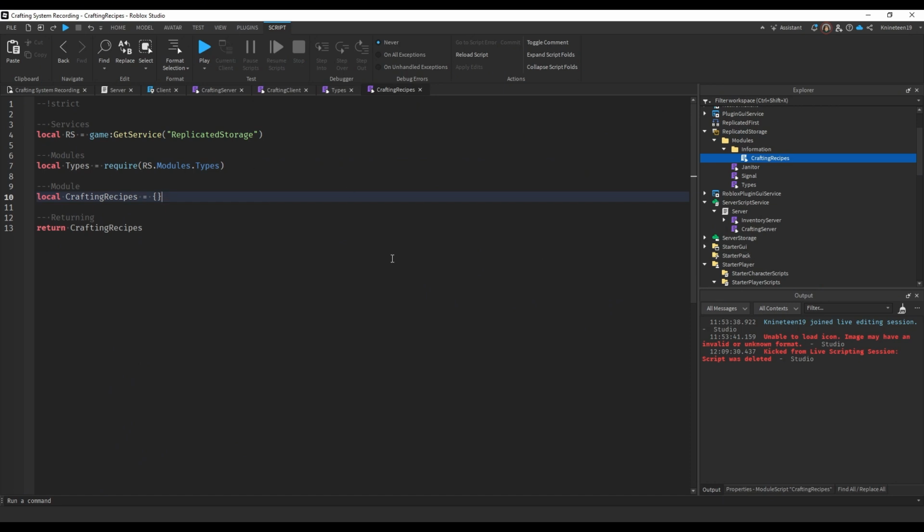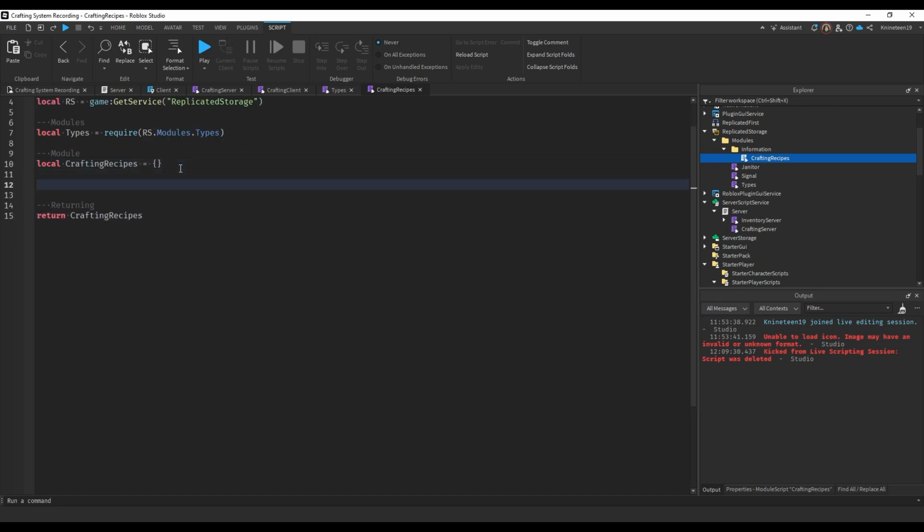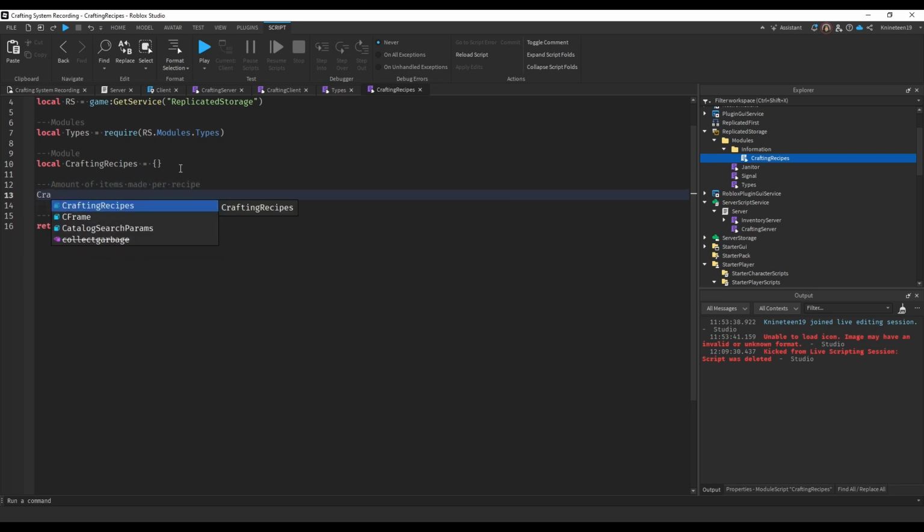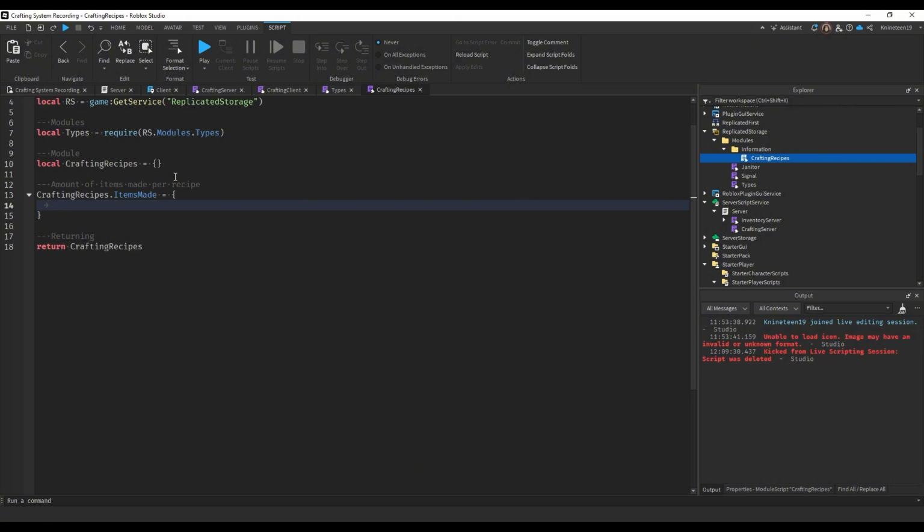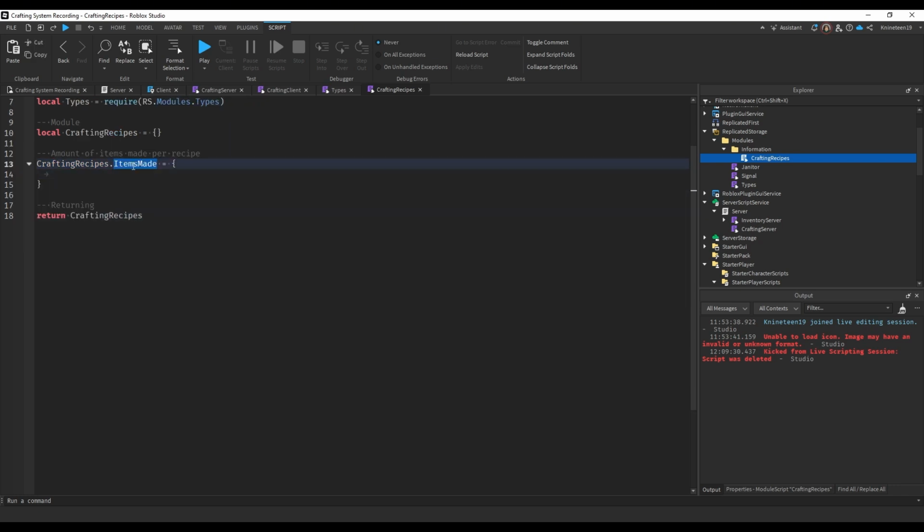But let's see. So I guess I'll start with this. So amount of items made per recipe. So we're going to create a small table. This isn't going to be the actual recipes itself quite yet, but it'll be important later on. So essentially, we're just creating a new table inside this module, right? Or inside this table, right? What this is going to define is, for each recipe,